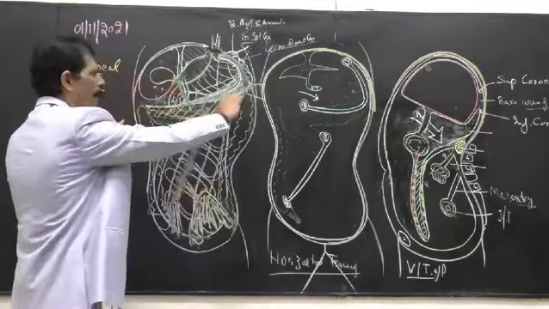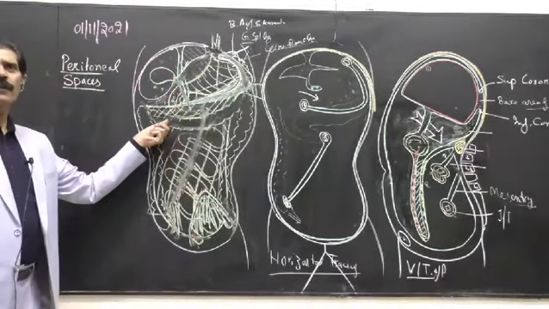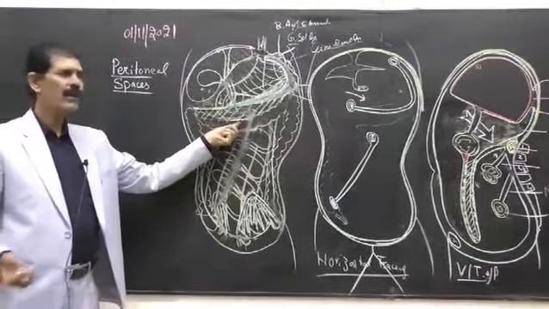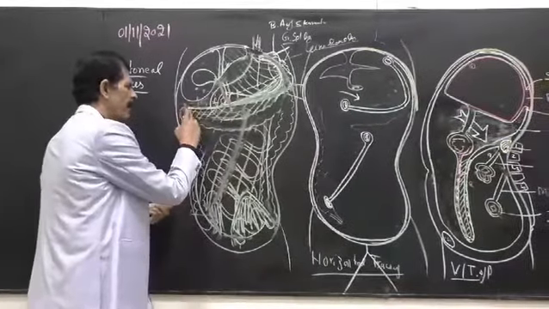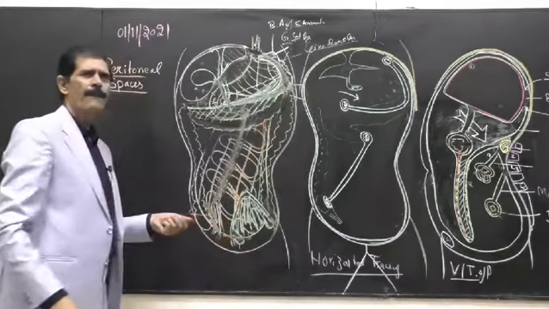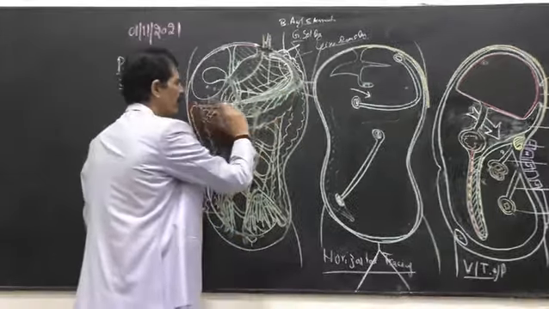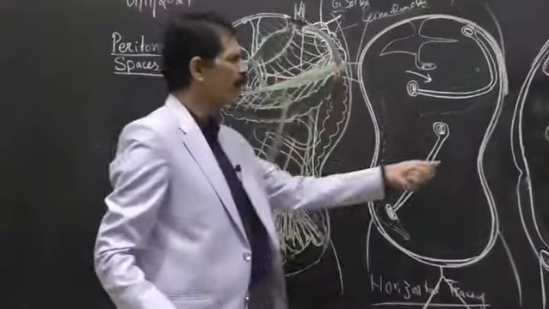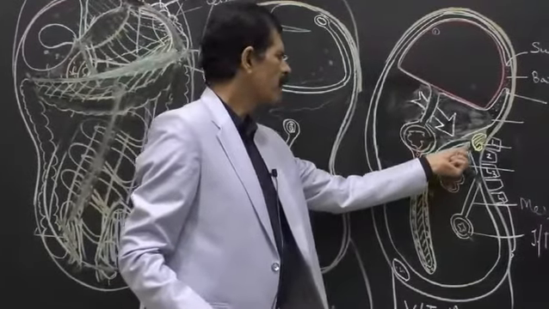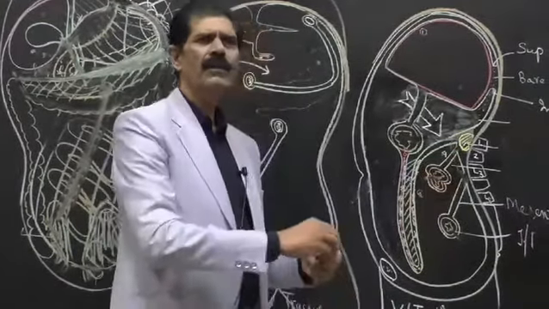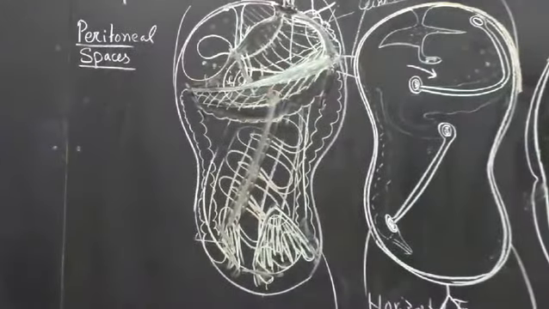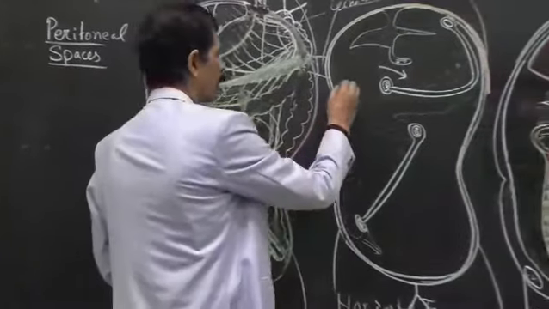Then transverse colon. If we want to remove the transverse colon, because it is also movable. Remove the transverse colon. Number 1, you cut the hepatic flexure. Number 2, you cut the splenic flexure. Then you have to cut the root of transverse mesocolon on the anterior surface of pancreas. This is the root of transverse colon. This is it. So you have to cut like this. Then transverse colon will be out. After the removal of the transverse colon, what is left now? How do you make the diagram?